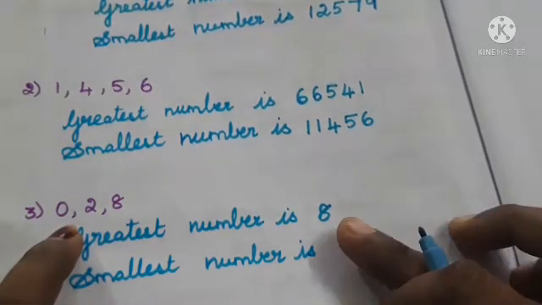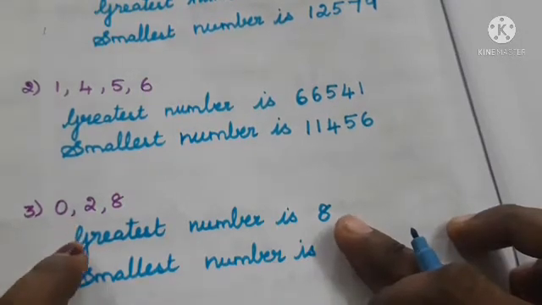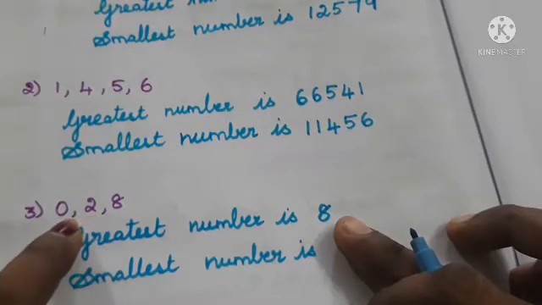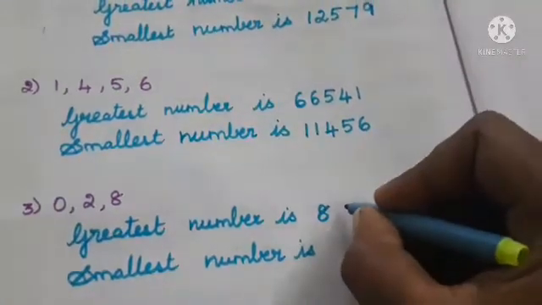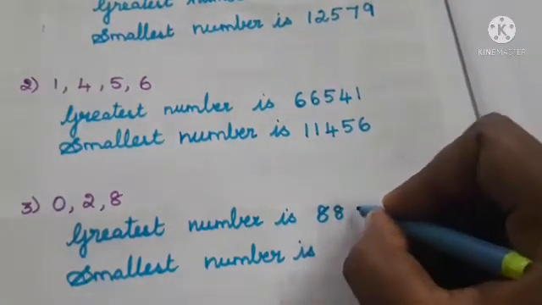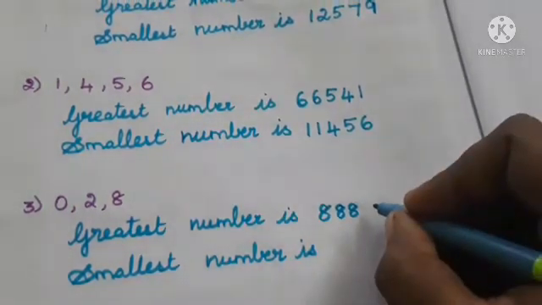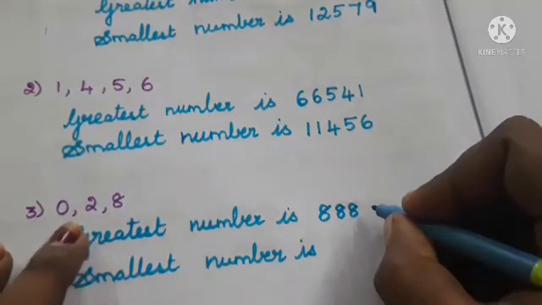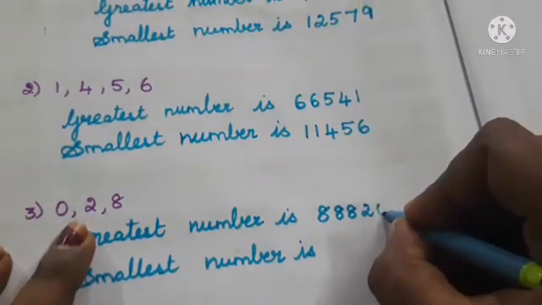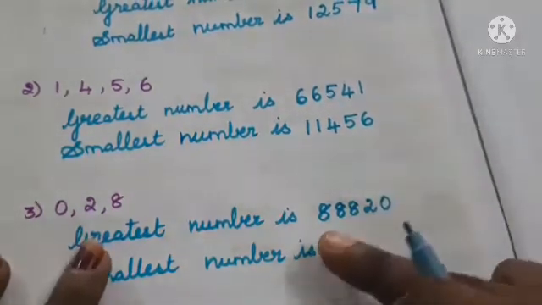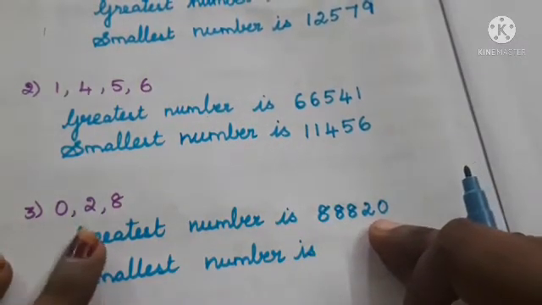So what we have to do? We have to repeat the 8 how many times? We want to write a 5 digit number and we have only 2 digits left over, so we have to write the 8 three times. Only then can we form a 5 digit number. So we have to repeat the greatest value 8 for 3 times. Then among these numbers, which is the next smaller number? Yes, 2 is the next smaller number. At the last, 0 is the smallest number. Have you understood? Here we have to repeat the greatest number for 3 times, and only then write the smaller numbers.